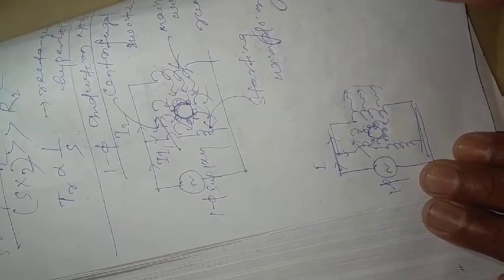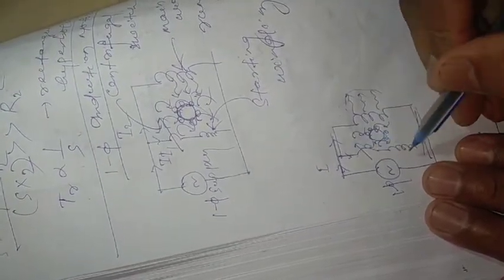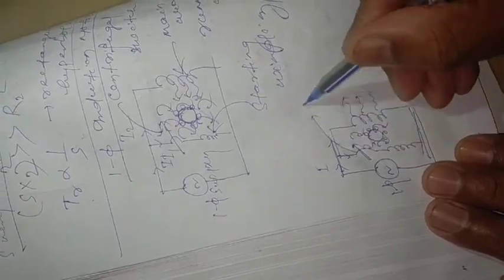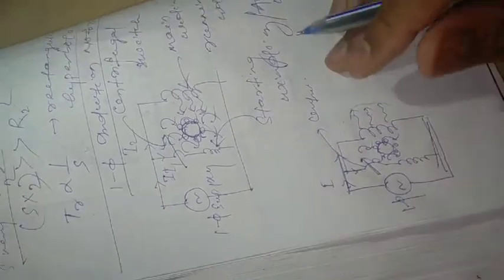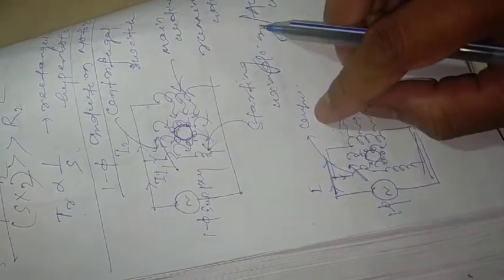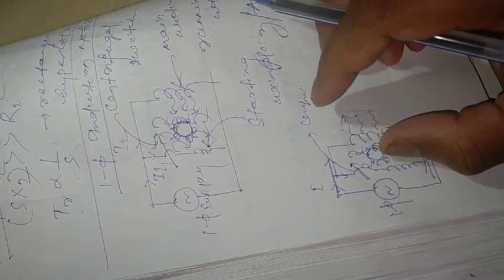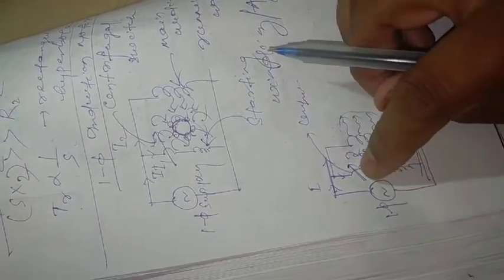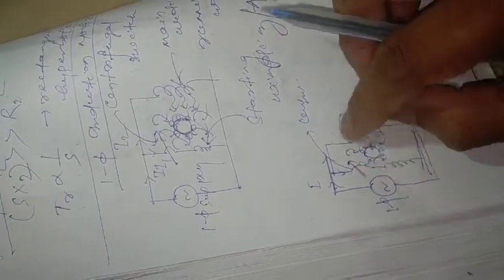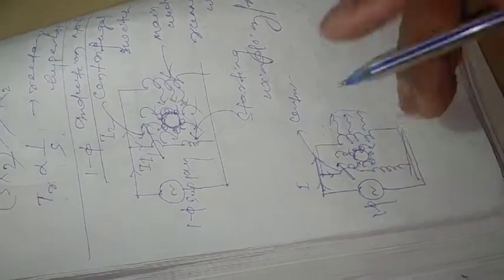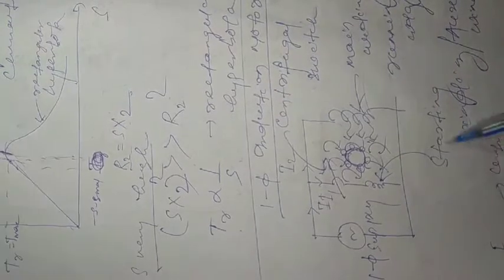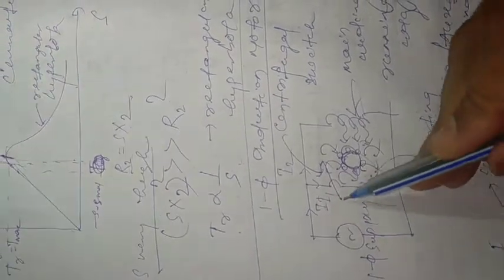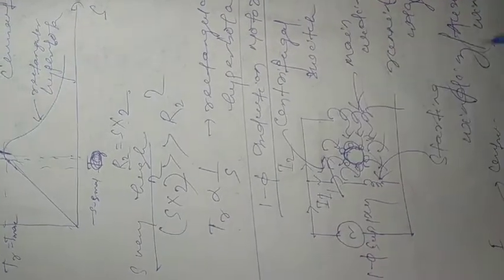So here we have to temporarily take another winding. This particular switch is known as a centrifugal switch. Why is the name like this? Because it is automatically disconnected whenever the task is done. Once the revolving flux is created, the switch disconnects this winding. This is known as the centrifugal switch, this is known as the main winding, and this one is known as the auxiliary winding, the additional winding which is temporarily taken.